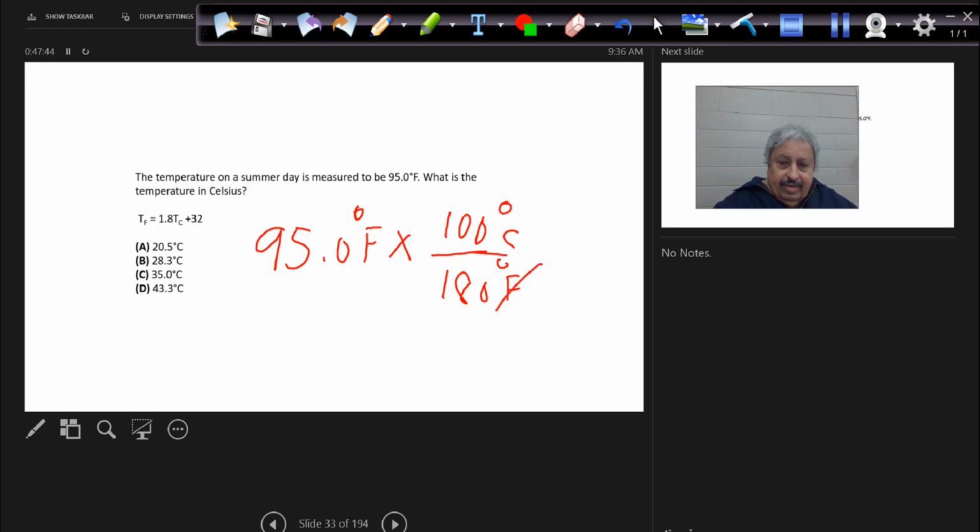So this Fahrenheit cancels out. This is Celsius plus, correct, guys? Plus,